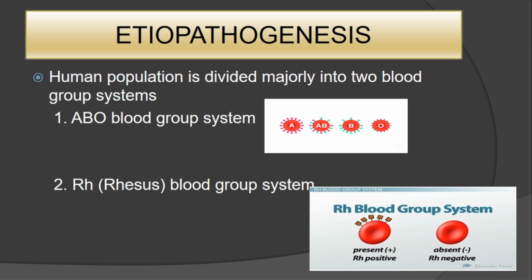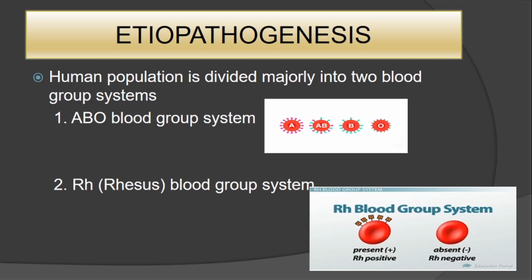The ABO blood group system is divided into the A blood group, the AB blood group, the B blood group, and O blood group, as we know very well. The second blood group system is the Rh, or otherwise called Rhesus blood group system. Again, the Rh blood group system divides the population into two. We have Rh positive, those who have the Rh antigen on the surface of their red blood cell, and Rh negative, those on whose red blood cells Rh